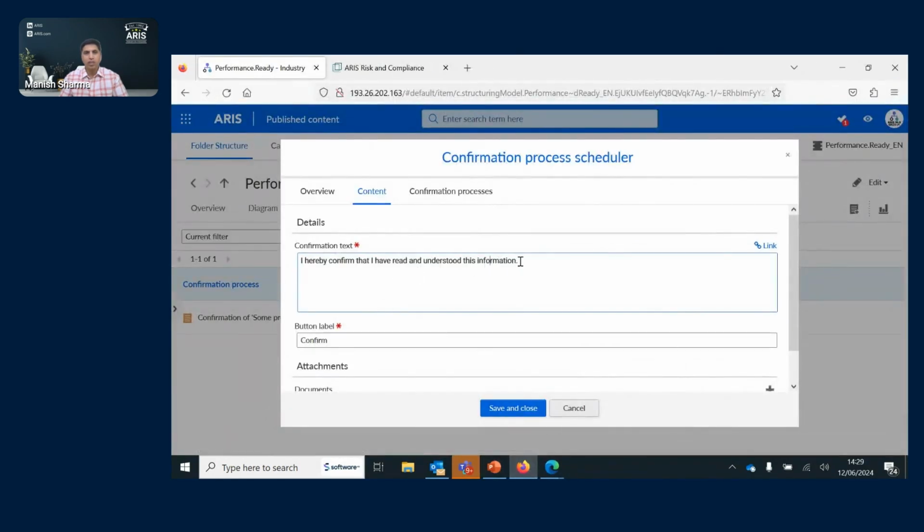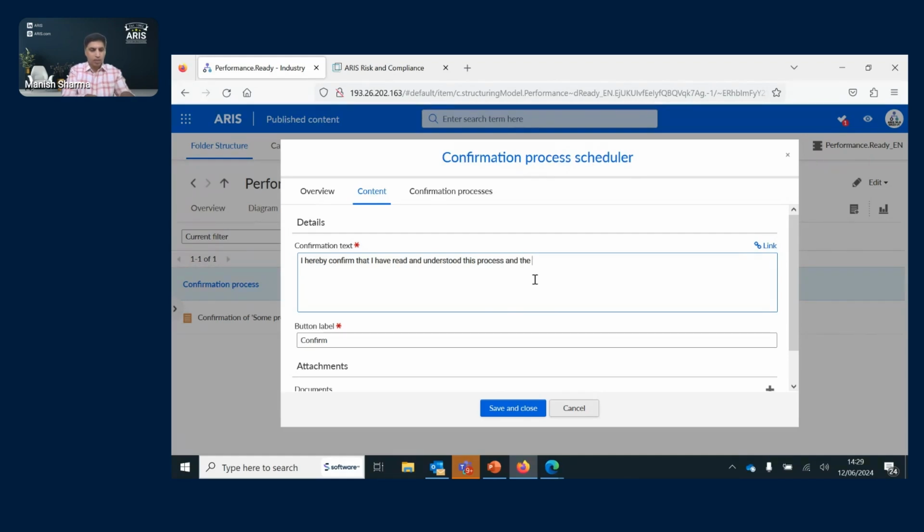So you could say something else here instead of what you have in here by default. So it says, I hereby confirm I have read and understood this information. Instead, you could say something else as well. I hereby confirm that I have read and understood this process